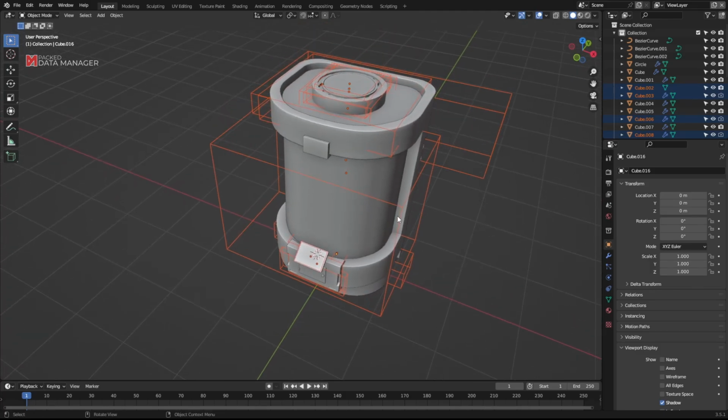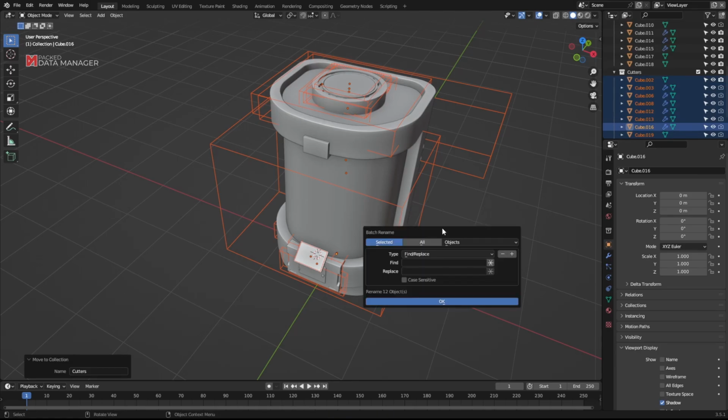So now I'm going to hit M, create new collection, call it cutters. And to rename them, I'm going to hit Control F2, enable the regular expression mode, find the beginning of the string, and replace it with cutters underscore.